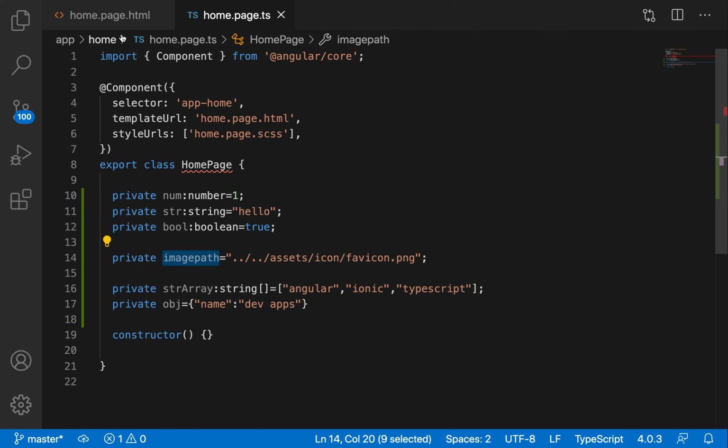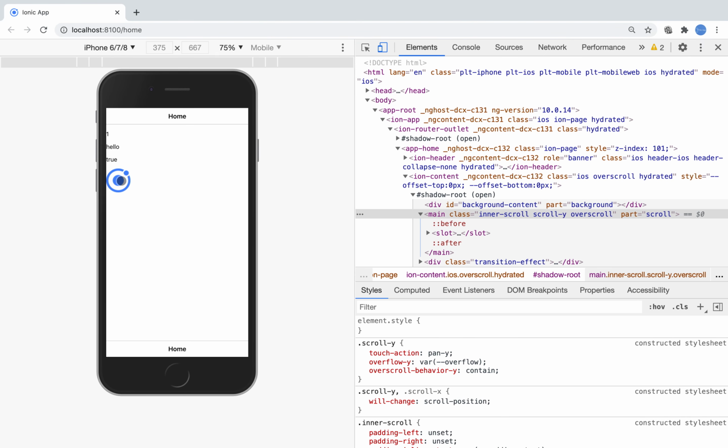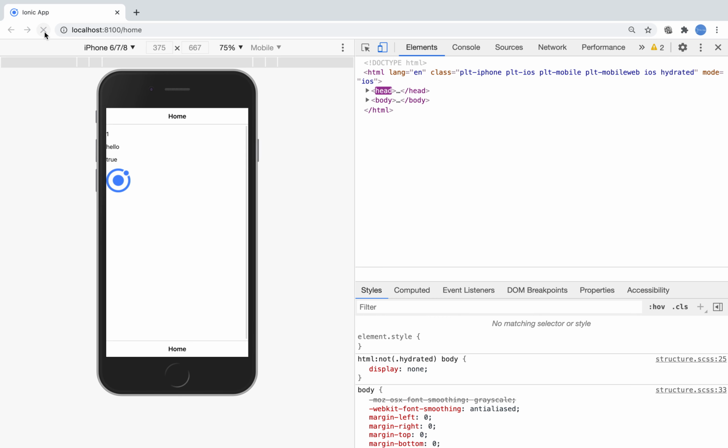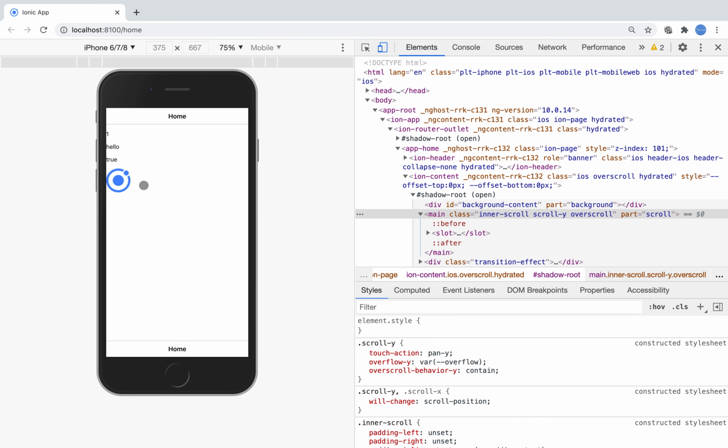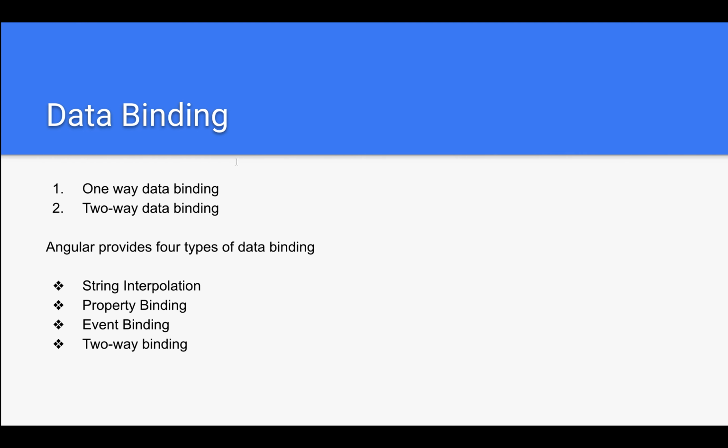Now we are using this variable image path for a property, that is source. Source is a property, and for the source property I am assigning the variable. So when I assign like this, see here, the static image which was displaying previously is now displayed from the variable. In this way you can use property binding.